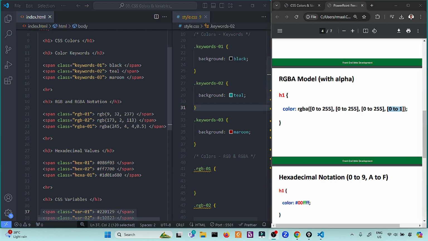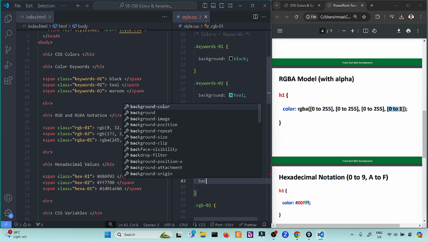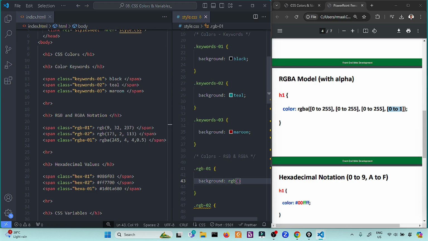We have here a class of rgb01. To use RGB colors, we say background, because we're creating background colors, then rgb and any three-number combination from 0 to 255. For this one, we use 9, 32, and 237.